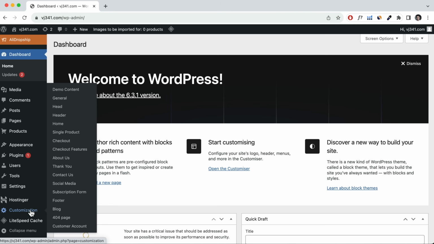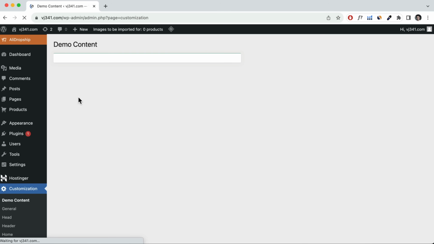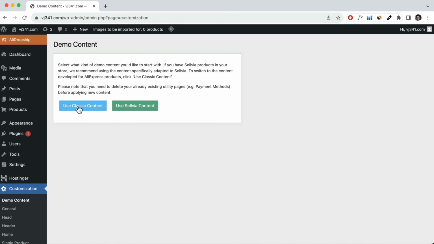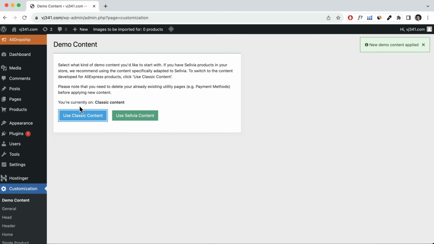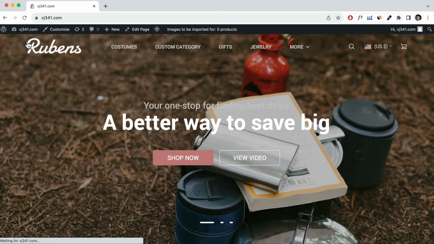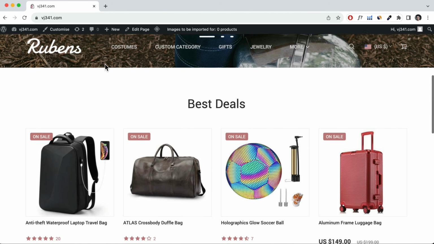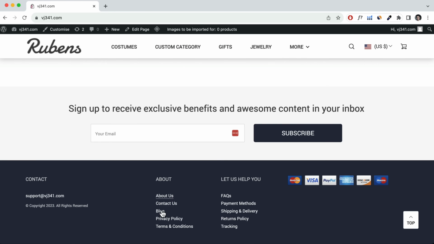So click on the demo content, and by using the classic content, it's going to basically generate content and all the pages that you need pretty much automatically. So we're going to use the classic content, and that has been applied, as you can see on the right hand side. And let's go ahead and visit the site. And if we scroll down over here, they've actually created most of the pages that we actually need with the content there already. So let's say, for example, if you want to edit these pages, you can click on it,